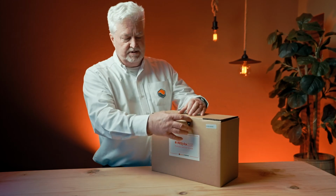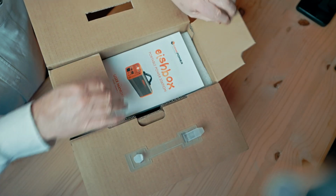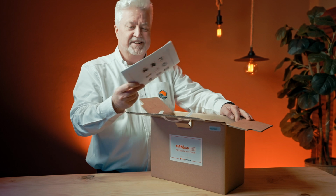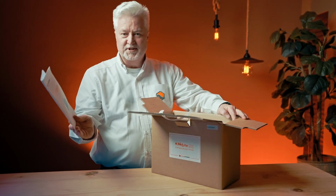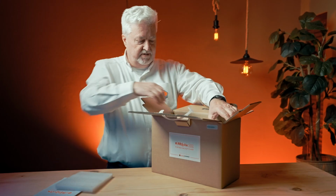So what I want to do is unbox it tonight and show you all the bits and pieces that go with it and how they work, so that when you get one, you know how it works and where to plug it all in. So right, it comes in this cardboard box with a handle, so easy to carry, and open it up. Of course, this is the piece that you always just throw away because you don't need to read it. You know how everything works. Now, there's a little manual to tell you exactly how it all works and the capacities and the specifications of it. So you've got your manual, a little bit of foam to keep it all safe, and